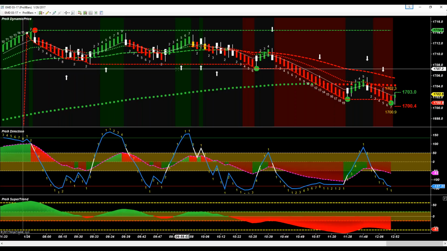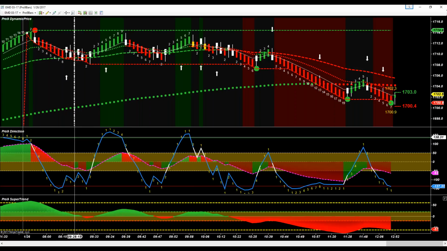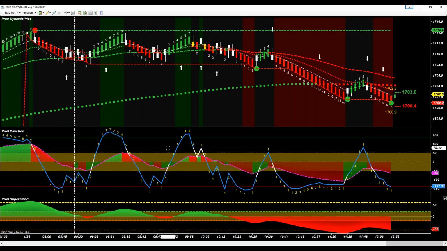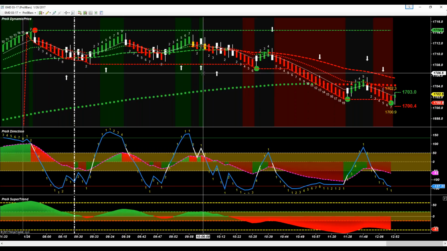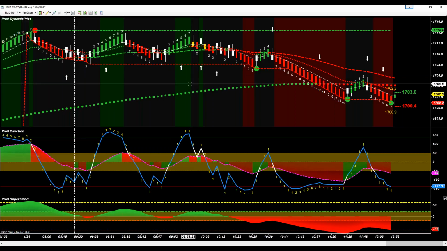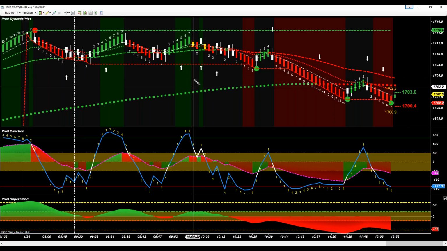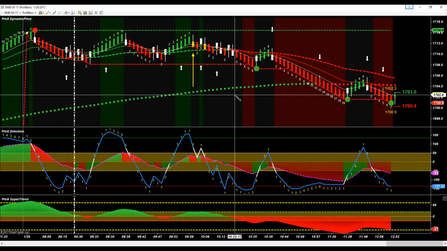But something else very important is choppy market conditions and how we can use these indicators to let us know when it may not be the most ideal time to enter a trade. We can tell that there may be some indecision in the market. The price may be locked in a channel and it's just going to keep bouncing in a certain range and not really give us the movement to hit our profit targets. And so, some things to look out for. If we look in this section,